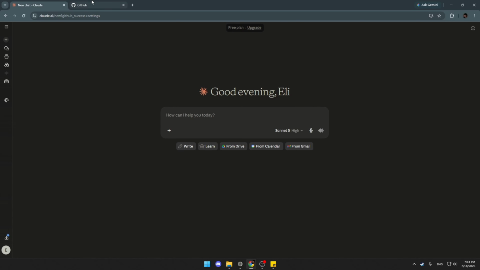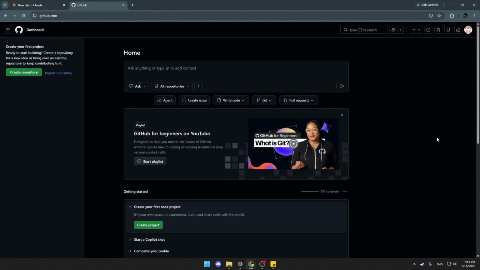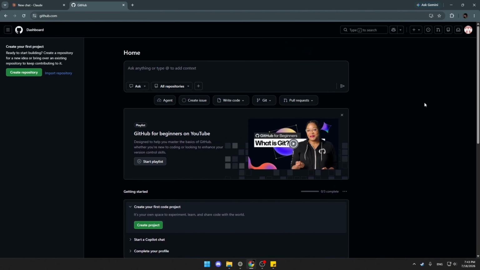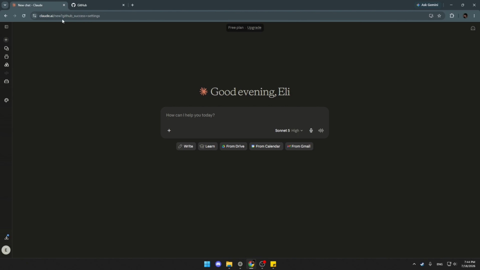account. Well, to get started, you're going to want to go to github.com, and once you're there, go ahead and sign in as you would usually do. So as you can see, I've just signed into GitHub, and this is the opening dashboard or landing dashboard that you get to see. Once you're signed in and you see this dashboard, you can go ahead and go back